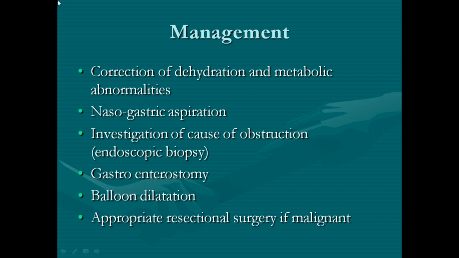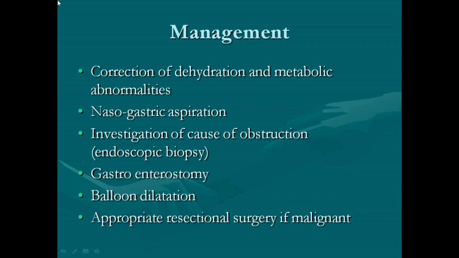Then you have to plan for a diversion procedure. You can do a gastrojejunostomy, or sometimes you have to plan with a truncal vagotomy. If it is secondary to malignancy, the plan of management differs. You have to plan for a gastrectomy. Gastroenterostomy is with or without.